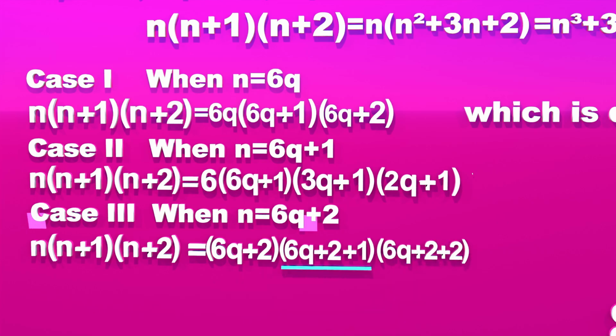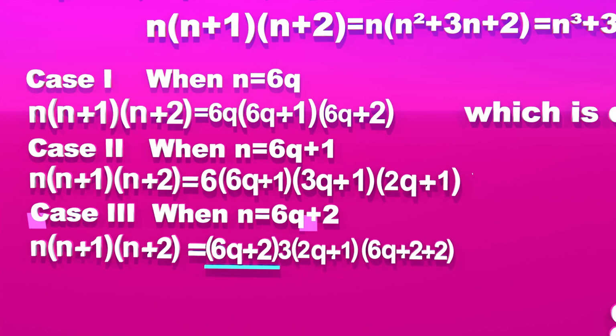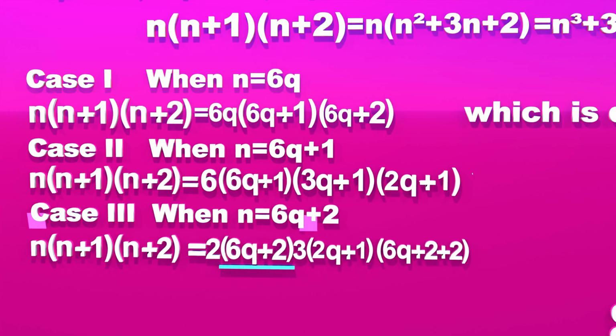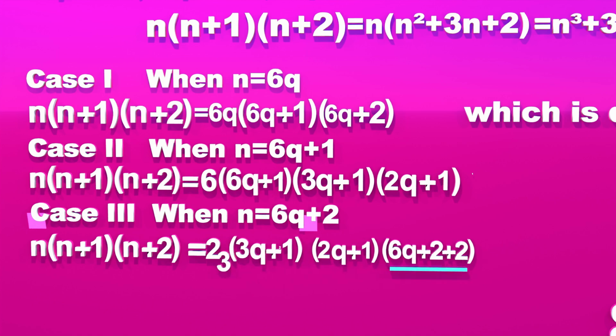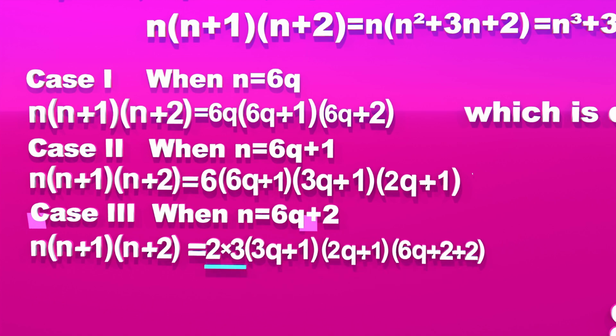Now in this term 2 plus 1 is 3. So we can take it as common. After taking 3 as common, here 2 will be left and here 1 left. Now in this term 2 can be taken as common. We can write 3 in place of 6 and 1 in place of 2. You can also take 2 common from the last term. It's your choice. We can shift 3 near 2 as a multiplier and we get 2 into 3 is equal to 6. So in case 3, the product of 3 consecutive positive integers is divisible by 6.